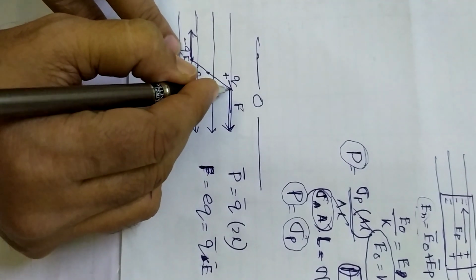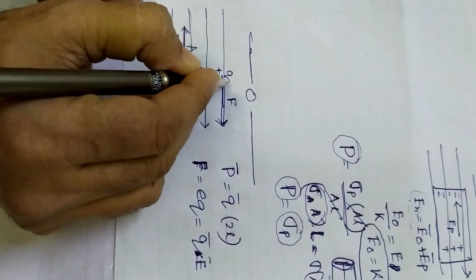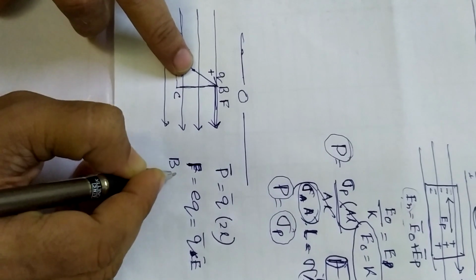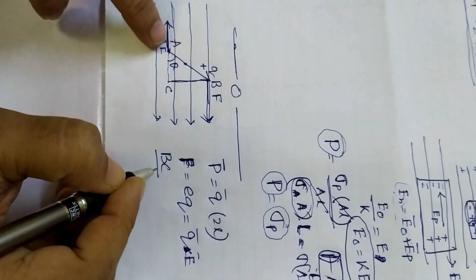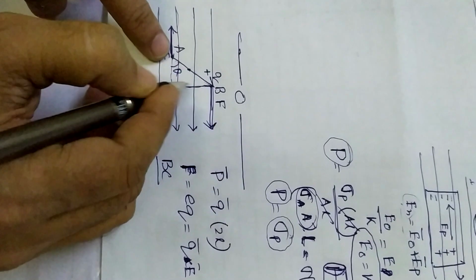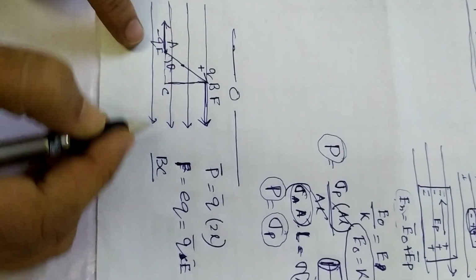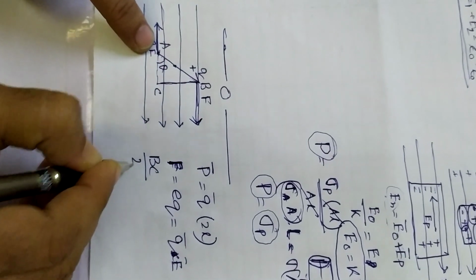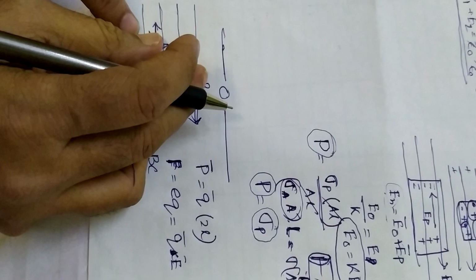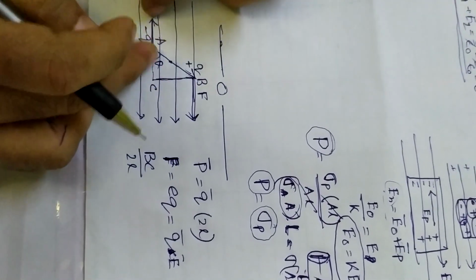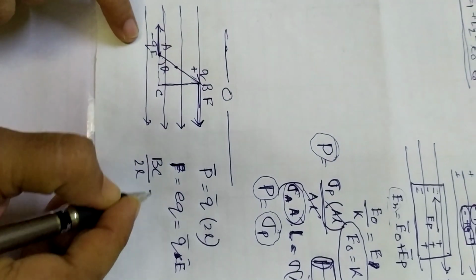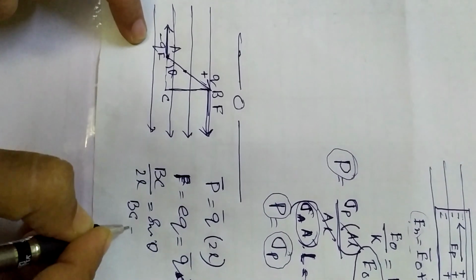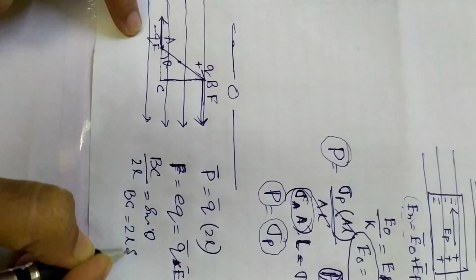So if it is taking an angle of theta and we write A, B and C, then we can write opposite BC divided by this, the perpendicular BC, and this is the distance. Okay, so BC divided by, this distance is 2L. This is the perpendicular length, opposite by hypotenuse. This is giving sine theta. Clear? So we are getting BC, the distance between the dipole forces, as 2L sine theta.